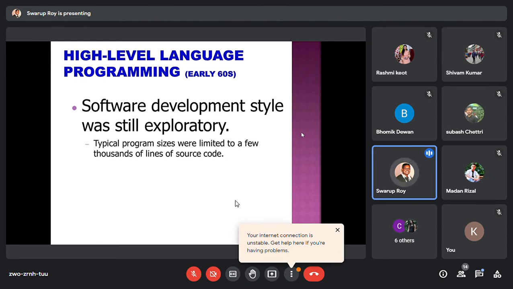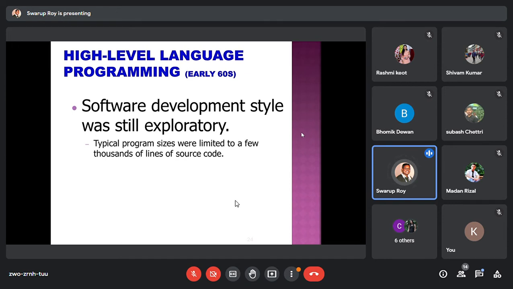Program sizes are also smaller, because the number of lines is reduced compared to assembly language. A small task that you would write in assembly language takes drastically fewer lines in a high level language.